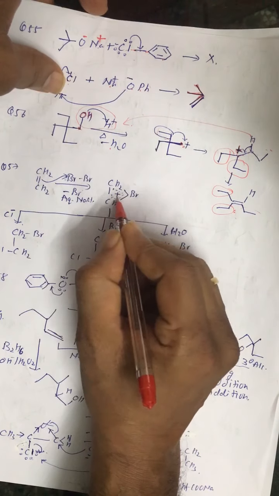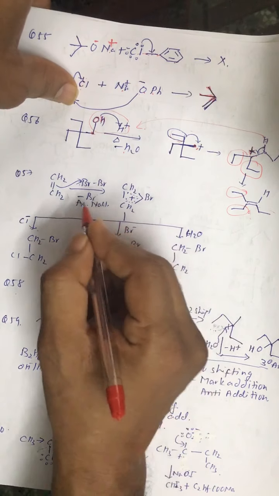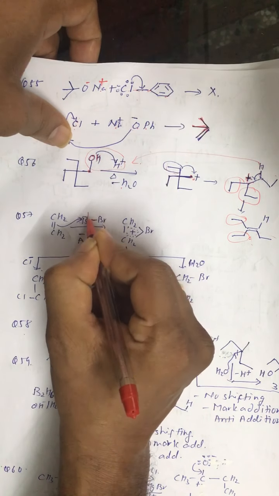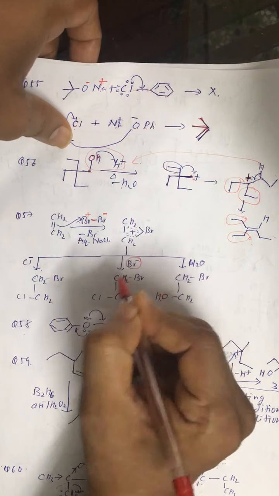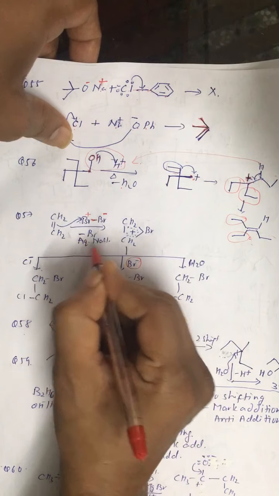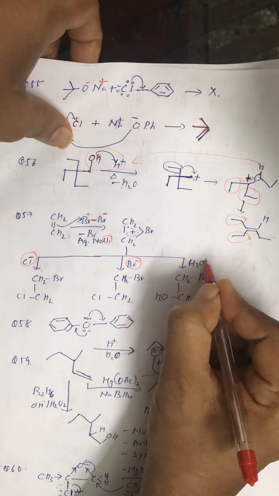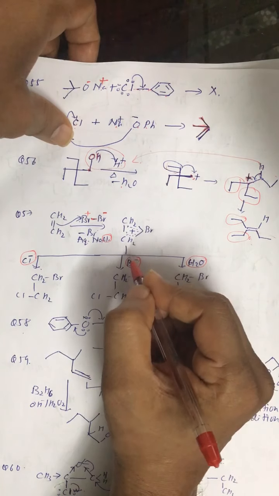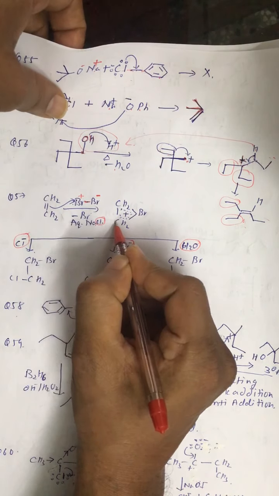So Br forms cyclic bromonium, and then in the reaction mixture we have the counterpart of bromine. Counterpart of Br positive is what? Br negative. So we have Br negative in the reaction mixture. From aqueous NaCl we have Cl negative in the reaction mixture, and since it is aqueous we have water in the reaction mixture. So the Cl negative can attack from this side, opposite side.